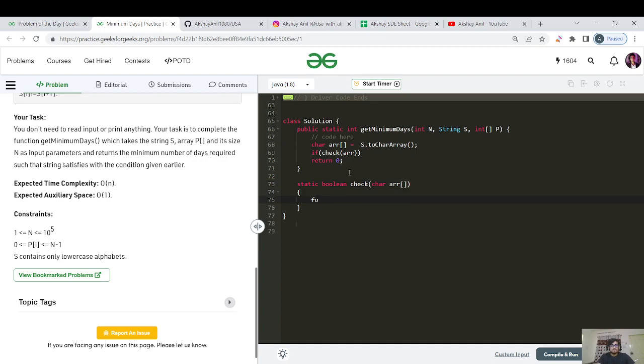And I'll just need a for loop, that is for int i equals to 0, i less than array.length minus 1. Why minus 1? Because we are comparing the ith index with i plus 1, right? So you have to take care that it does not go out of bound, right? So if array of i is not equal to question mark, because it is not applicable for this constraint. So if array of i is equal to array of i plus 1,